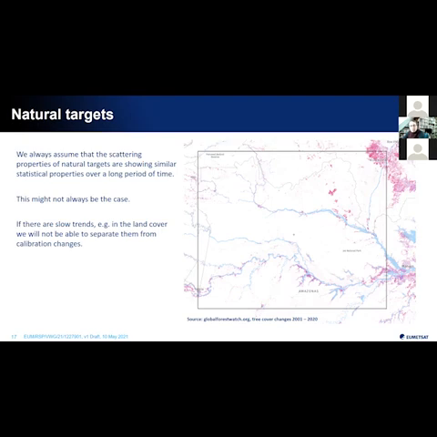So for the rainforest, on the right-hand side in the plot, you can see a tree cover change for the Amazon rainforest area. I think we are still lucky, but you can see the changes creeping in from the sides. So we need to be very careful with that. It's a good reference, but still